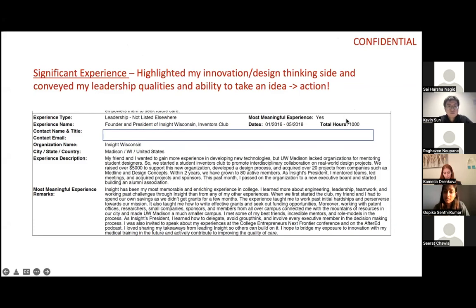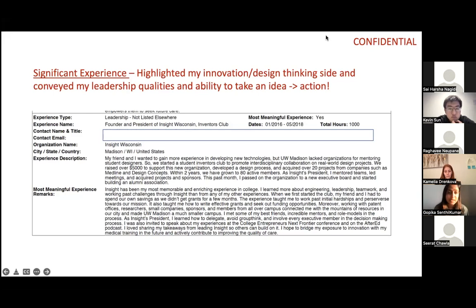So I basically talked about a club that I started in undergrad and built for a couple of years. It was called Insight Wisconsin. And we basically promoted innovative thinking and we brought together projects that companies and professors had that were like, it would be really cool if it worked, but they were kind of out of the box projects. And then we had teams of students work on them. So it was really fostering that creative thinking. So when you look at this in my application,